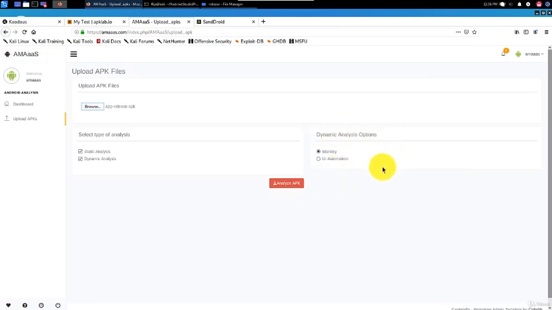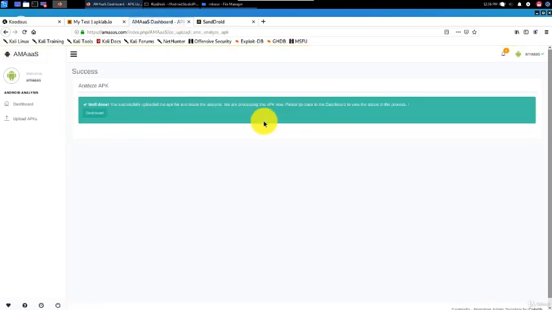Imagine a scenario where most of the malicious activity is based on the user clicking on a specific button. If the click is not automated, then the malicious activity would not be exposed. If the analysis environment simply opens the app but doesn't click on any user interface elements, then there's a possibility that code doesn't get triggered, and if the code doesn't get triggered, then the indicators will not be exposed during the dynamic analysis.